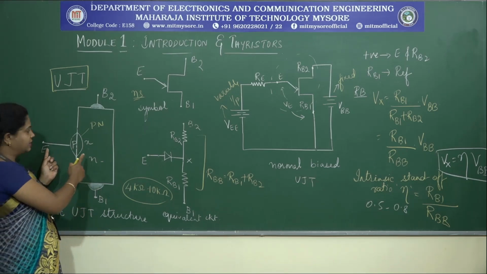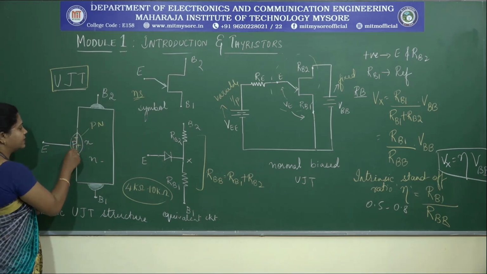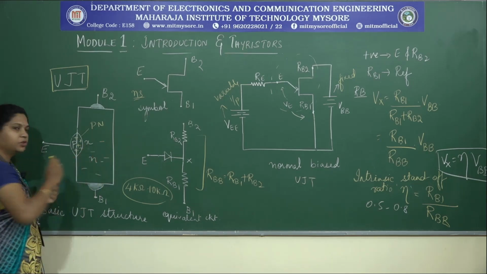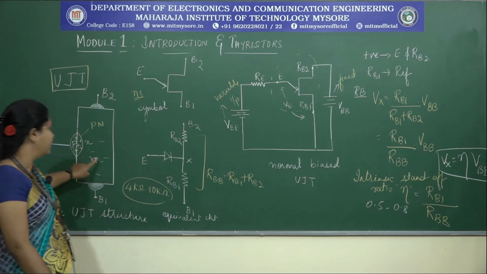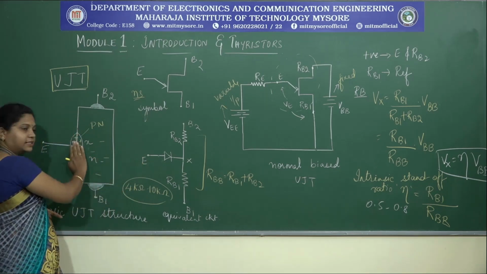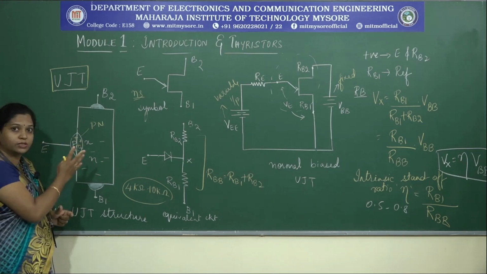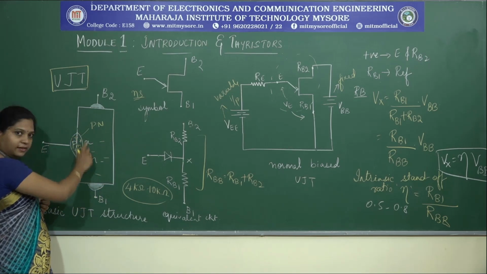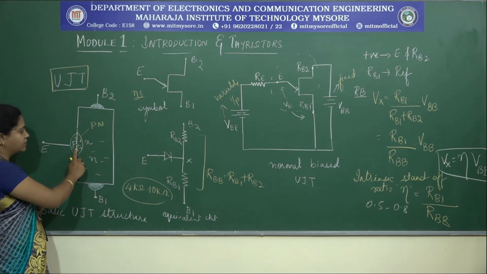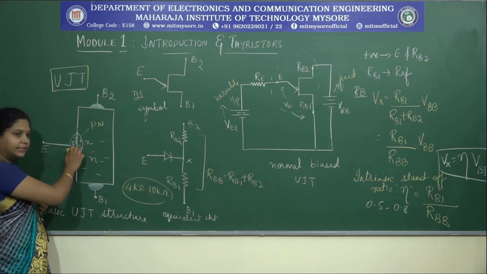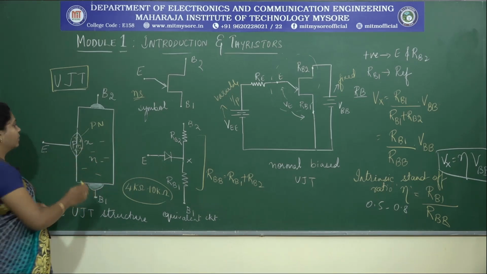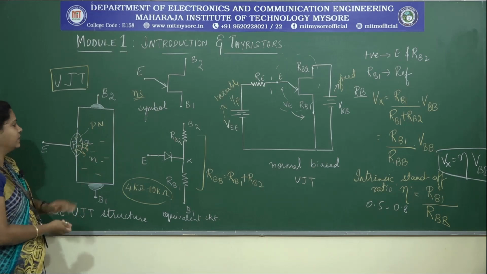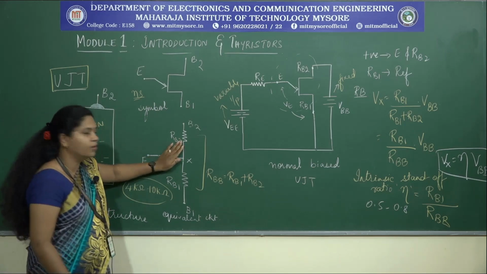When the repulsion of charges takes place, whatever the holes present in this part, what happens? Already you have a lightly doped N region, which means only a few free electrons are available. So, this P region has an excess of holes, a heavily doped P region. So, the barrier that is created, the junction across the emitter and the base 1 region, tends to move towards base 1. Okay. So, these holes start breaking the junction,